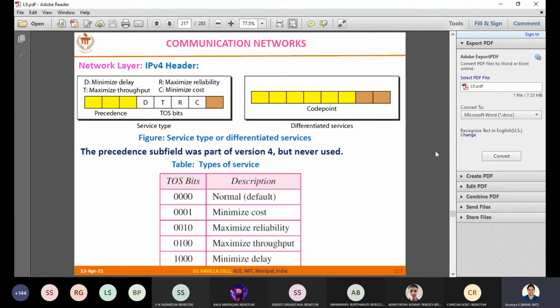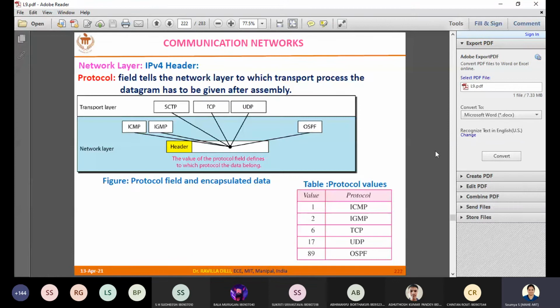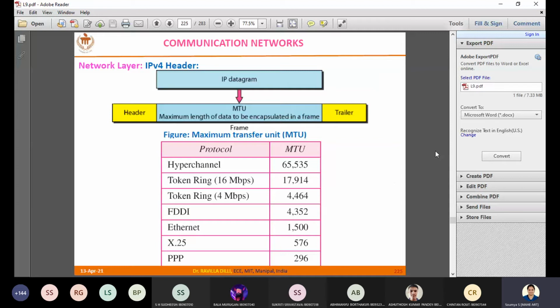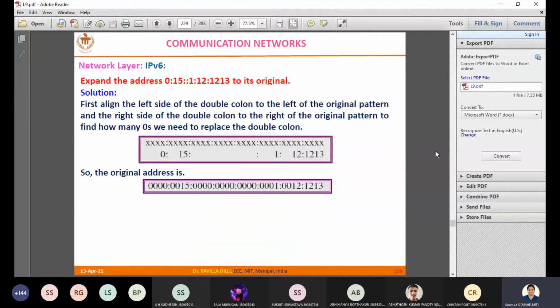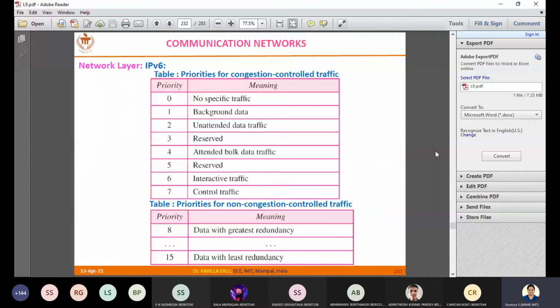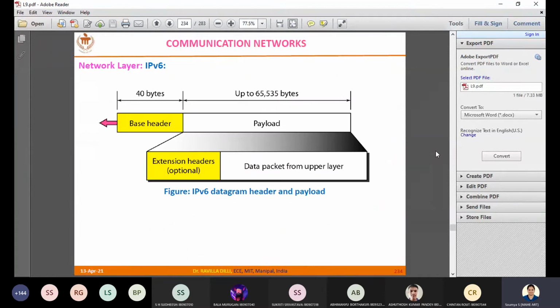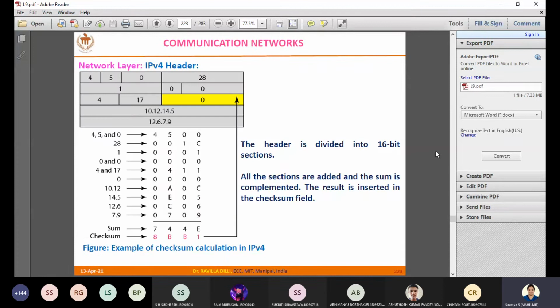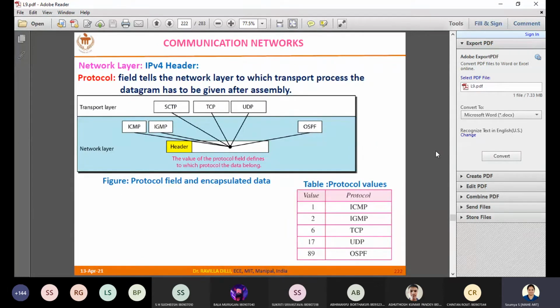Since you have your test in another 5 minutes, I don't want to really explain anything right now. The remaining portion that I have with respect to IPv4, I will manage to record and send it as a part of this meeting. I will just continue the class further. You need not stay online. Please focus on your exam, that is the test that you have right now. I will continue with the class and finish once I finish the explanation of this, which will be available to you in the same meeting recording. Is that fine with you?